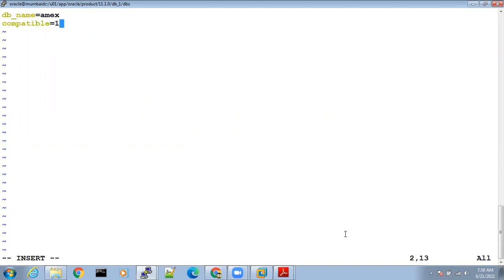Compatible equal to 11.1.0, which means you are telling the database, while creating, to create with version 11.1.0. And with db_name, you are telling it to create the database with the name MX. You are telling with these parameters what exactly you need.